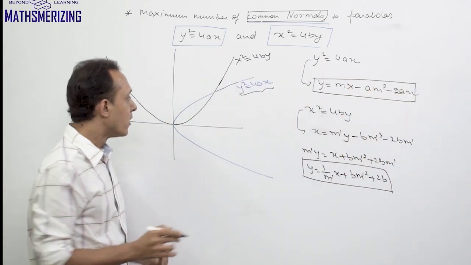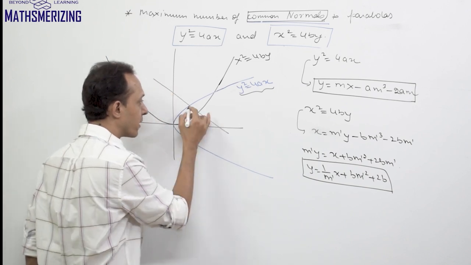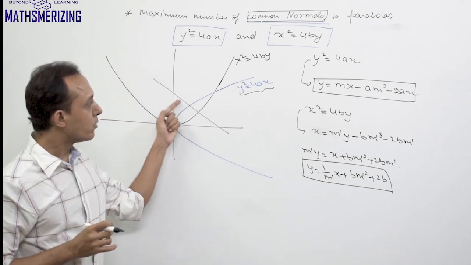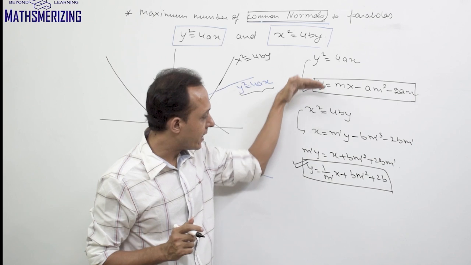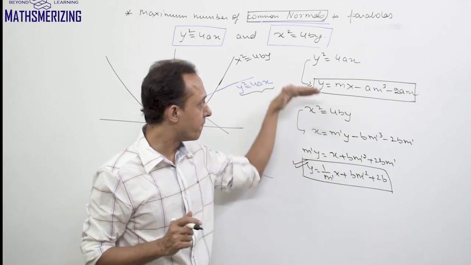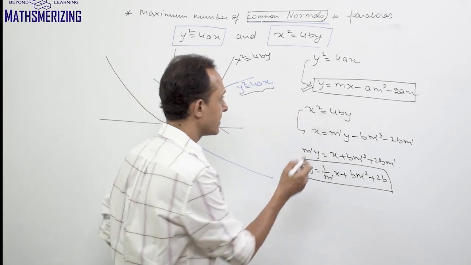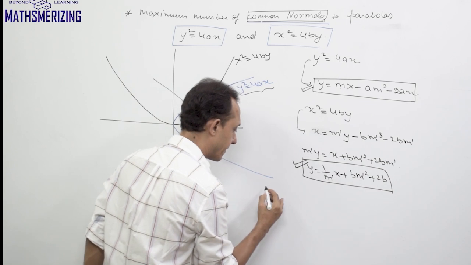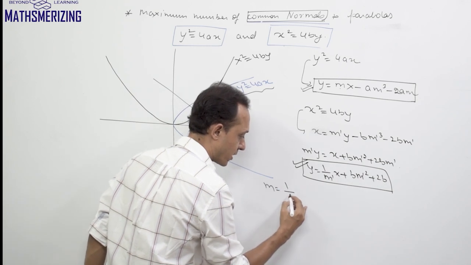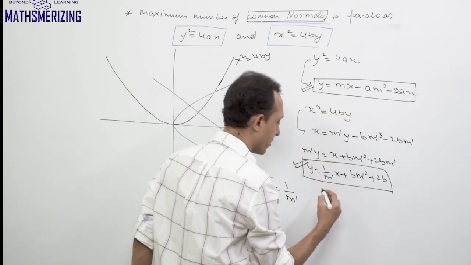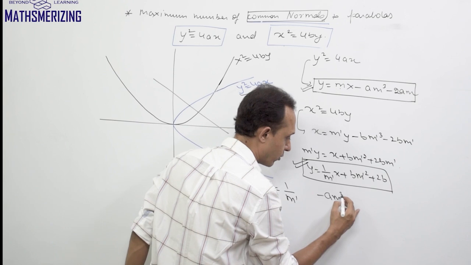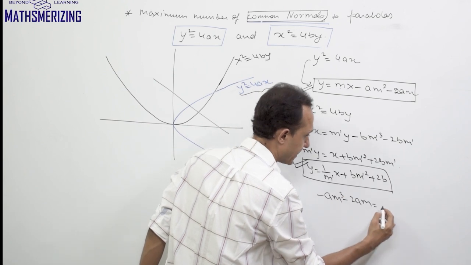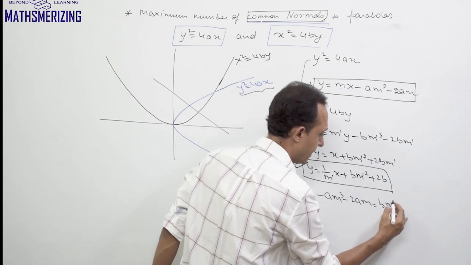Now we are looking for a common normal. So we are looking for the equation of a line which is normal to both the curves. That means both the equations should represent the same line. If both equations represent the same line, then comparing the coefficient of x, I'll get m equals 1 upon m dash, and also am cube minus 2am, and this is b m dash